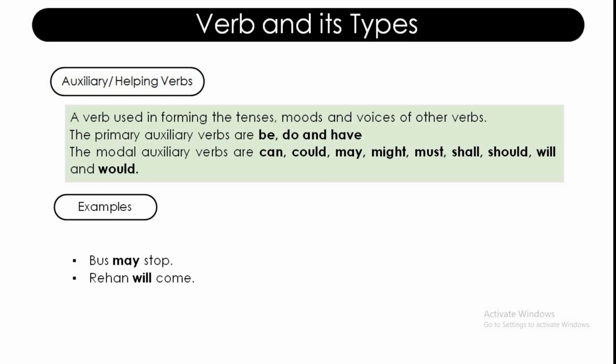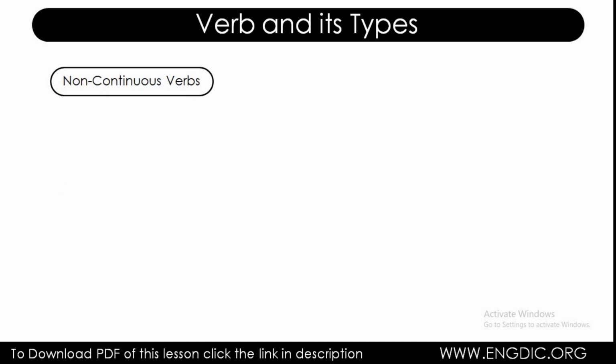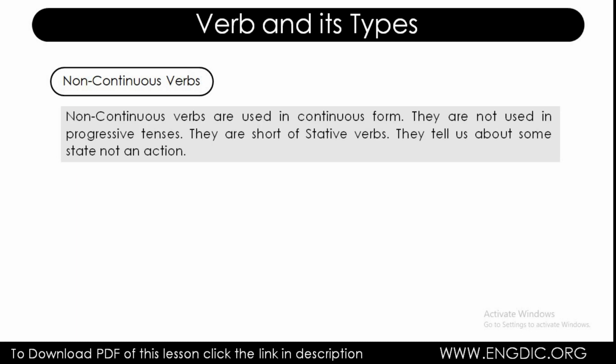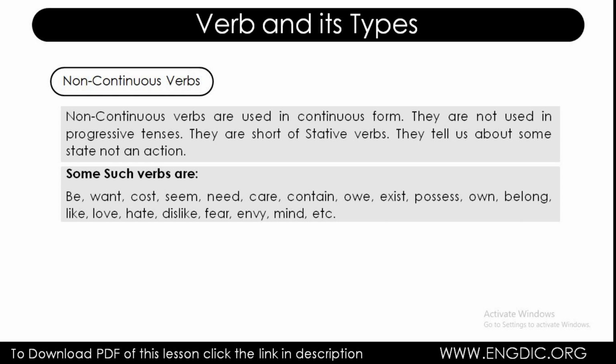Now moving towards the next type, which is non-continuous verbs. These verbs are not used in continuous form. They are not used in progressive tenses. They are short or stative verbs. They tell us about some state, not an action. Some such verbs are be, want, cost, seem, need, hear, contain, own, exist, possess, belong, like, love, hate, dislike,